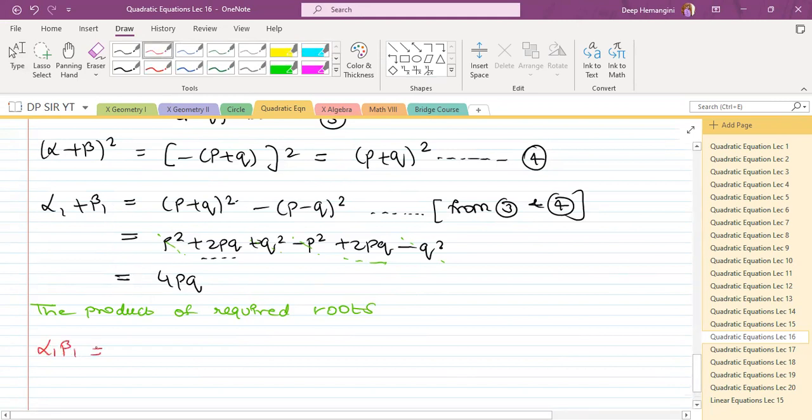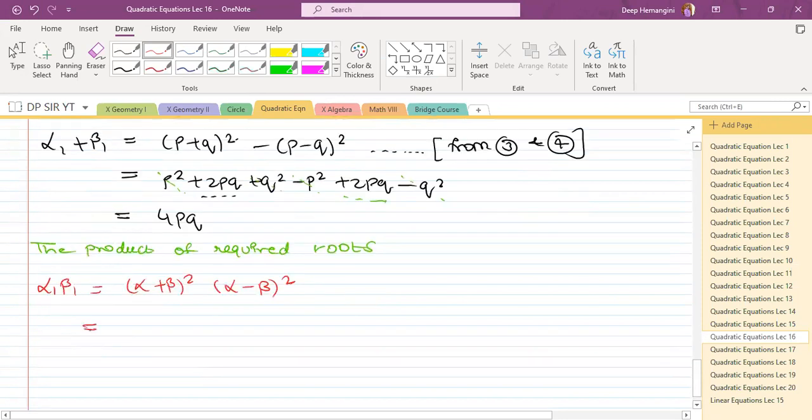Alpha 1 into beta 1 is equal to alpha plus beta the whole square into alpha minus beta the whole square, which is equal to minus p plus q the whole square. Okay, and here it's going to be minus, what will come, minus p minus q the whole square, which is equal to,